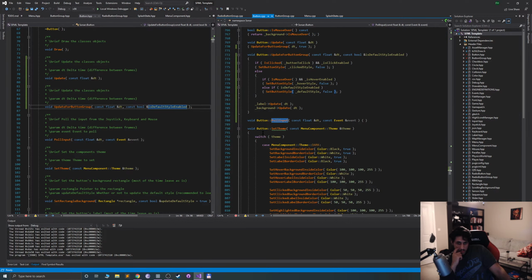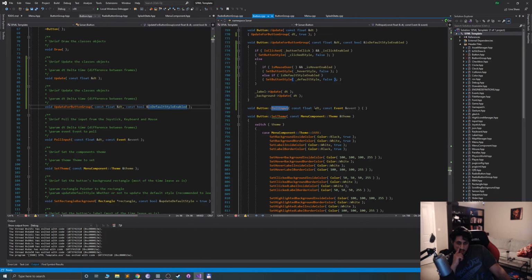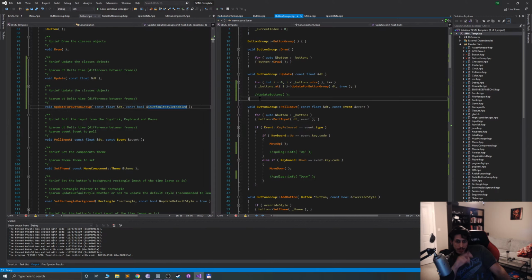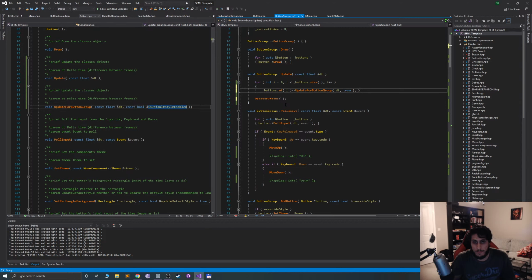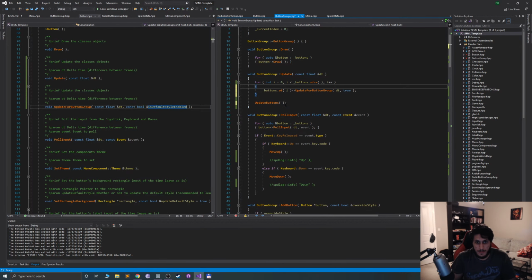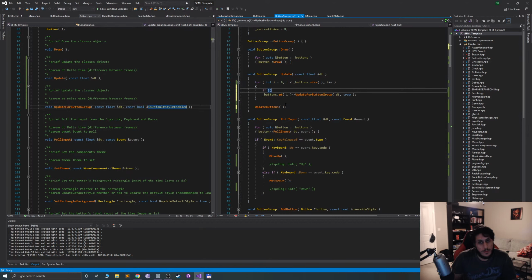What does the whole input do specifically? Nothing. That's not bad then. If I put true, then if I do this, underscore current index equals I,